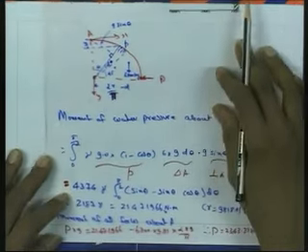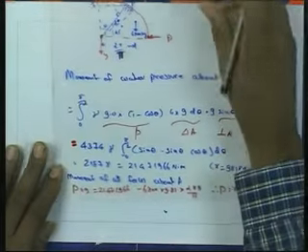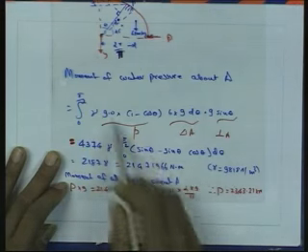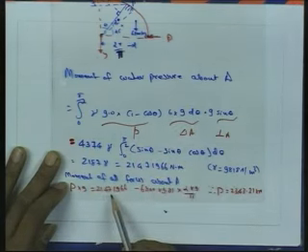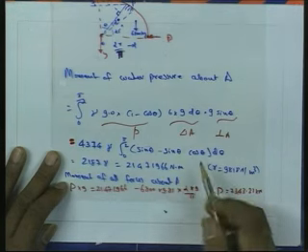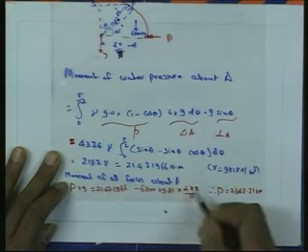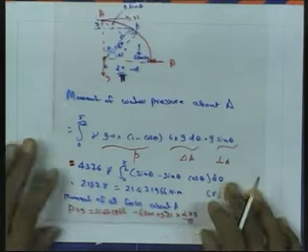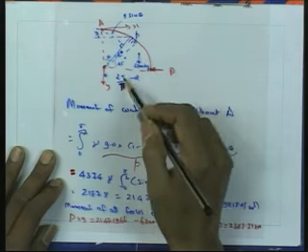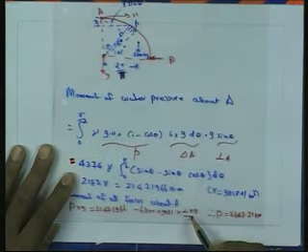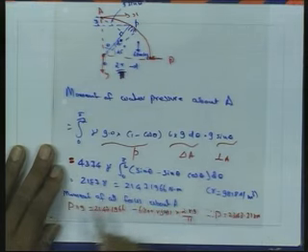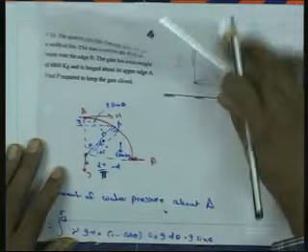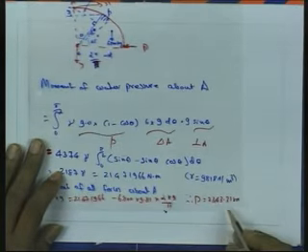So P into 9 is equal to, we have already determined the moment of water pressure about A, minus the moment of another force acting on the gate, the weight: 6,800 into 9.81 into 2. This weight of the gate will be acting 2r by pi from this side, so it is 2 into 9 by pi. From this equation, if we take the moment of all forces about this location A, we can finally determine P. In this case we can determine P as